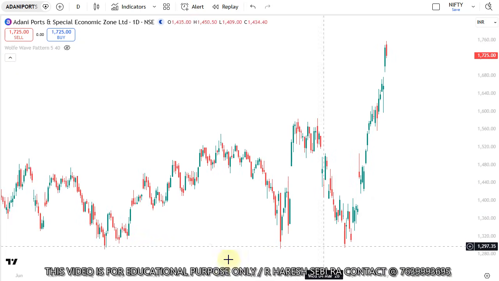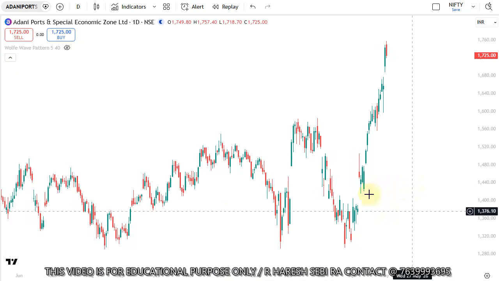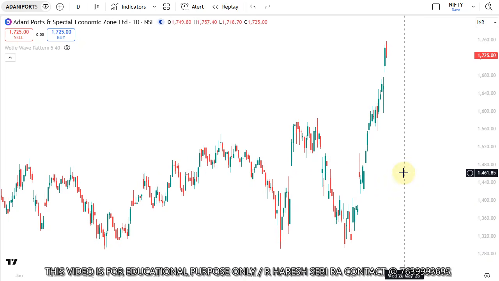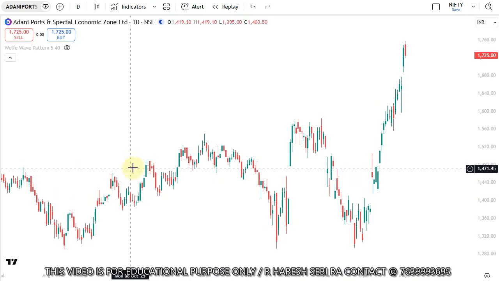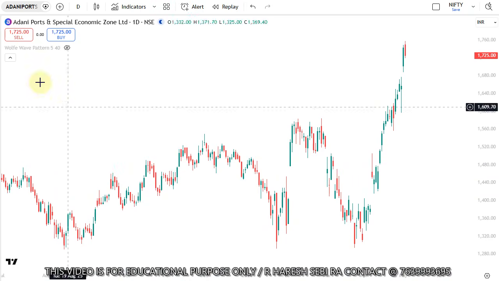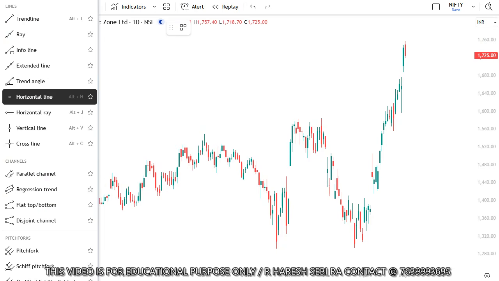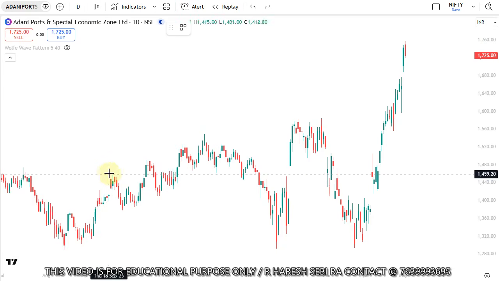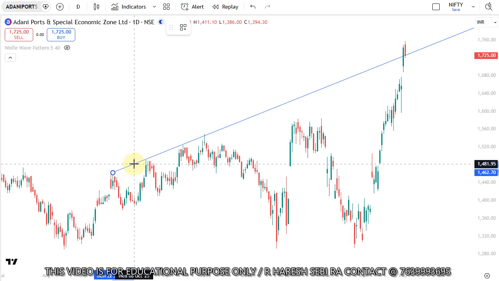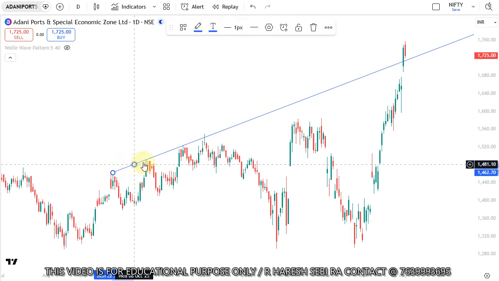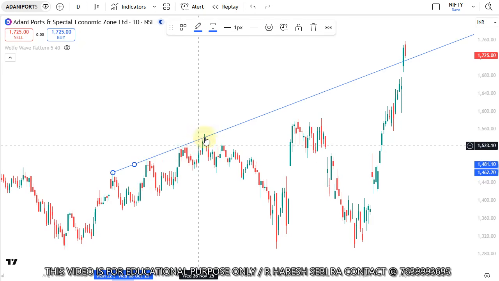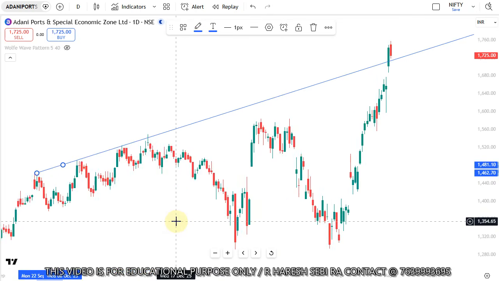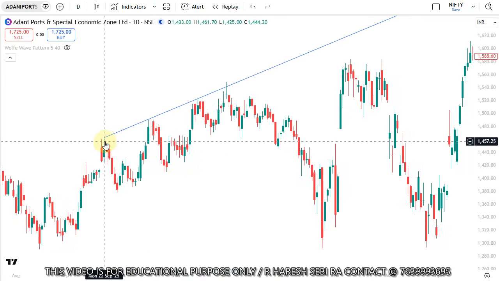In market structure, whenever we get 3 consecutive highs or 3 consecutive lows, we will find a Wolfe wave. See here, we got high 1, high 2 and high 3. So what I am doing is, I am drawing a trend line connecting the first and second high. Whenever the third high is breaching the trend line and going outside, see here, this is high 1, this